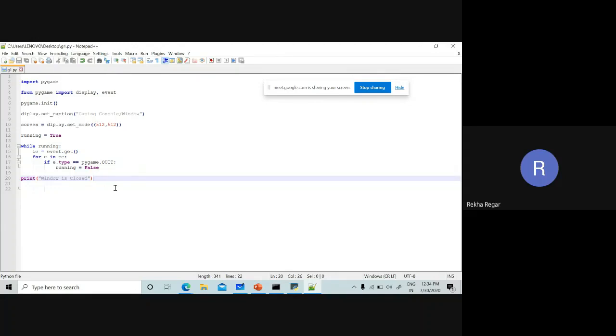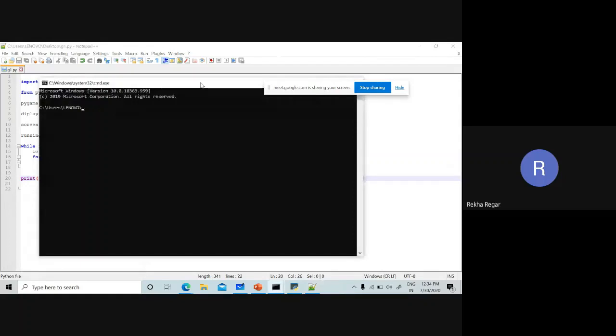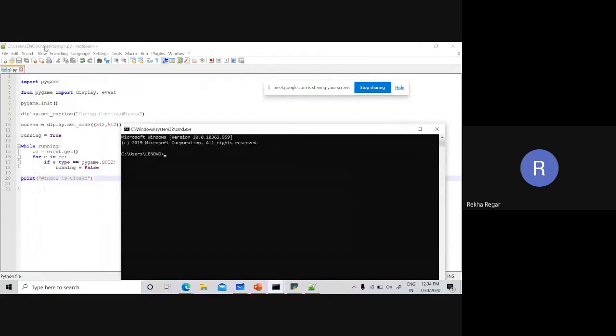Now we can run this code. To run this code, I need to start the CMD. This code is on the desktop. You can see this file is available on the desktop. So I have to go to the desktop. To go to the desktop, I write the syntax cd desktop. So I am here at the desktop. Now my file name is g1.py. The file type is Python, and the file name is g1.py.